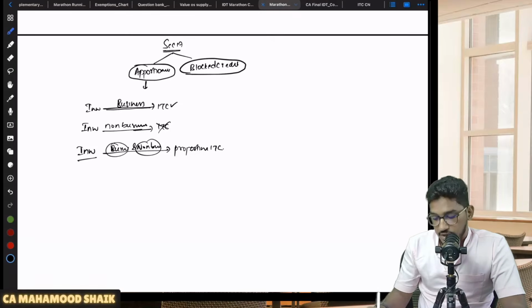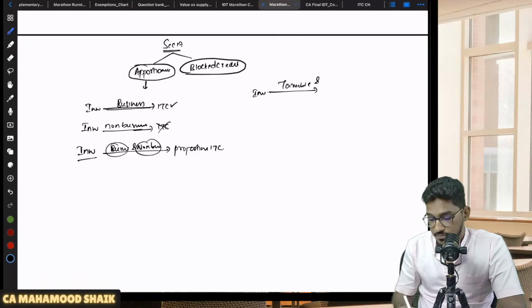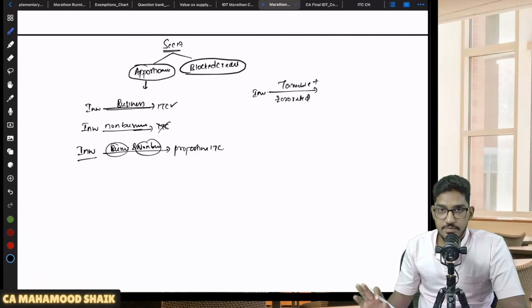Similarly, there are inward supplies which you are going to use only for taxable supplies. When I say taxable supplies here, it includes zero rated supplies also. Sir, what is zero rated supply? Exports or supplies made to SEZs. Exports you are making or supplies you are making into an SEZ qualify as zero rated supplies.